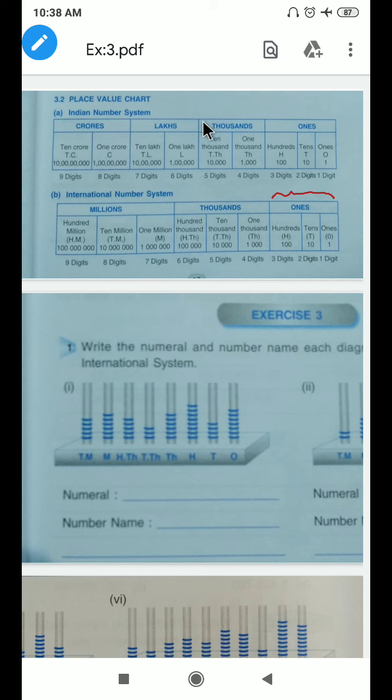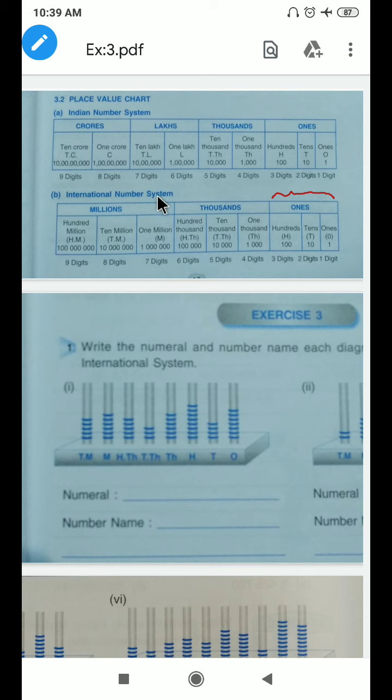But look, in our Indian number system, in thousand room there are two places. One is 1000, another one is 10,000. But in the international number system there are three places. One is 1000, another one is 10,000, then 100,000. Clear? Then before this there is a lakhs room in our Indian number system, but in the international number system there is